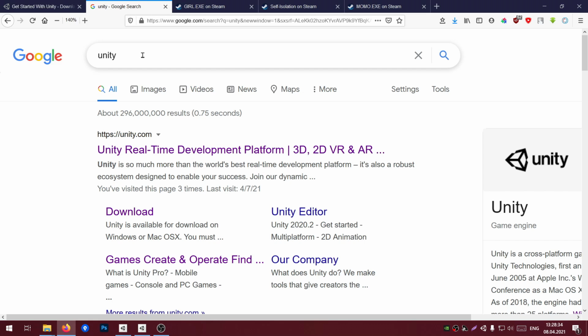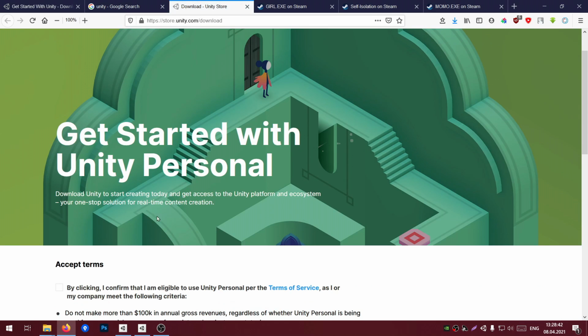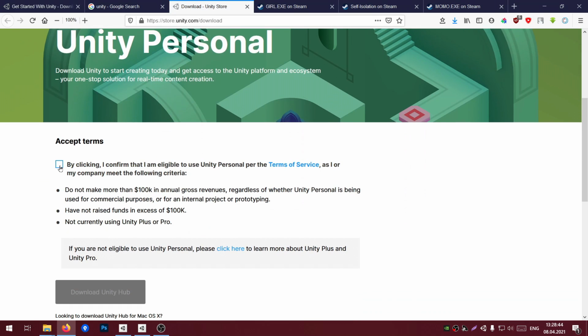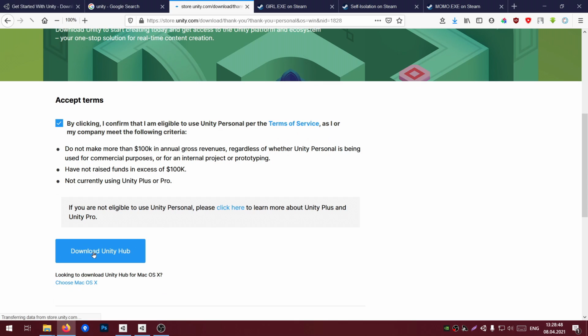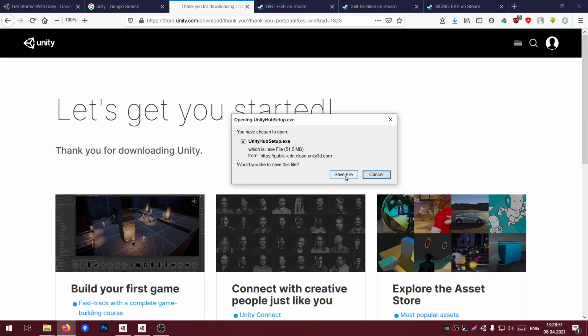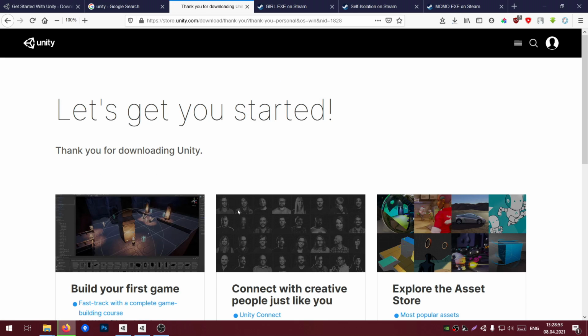First step is type Unity on Google and click on download here. So here we click on this box and download Unity Hub. Save the file and open it. I already downloaded,